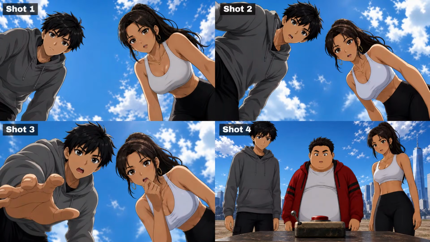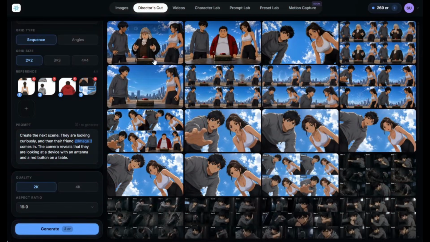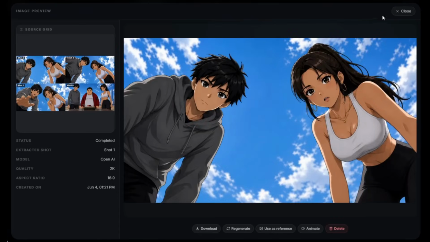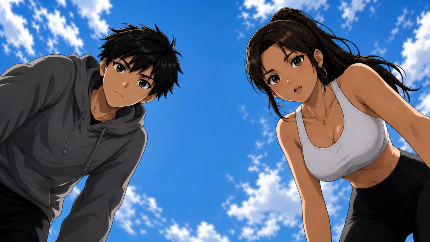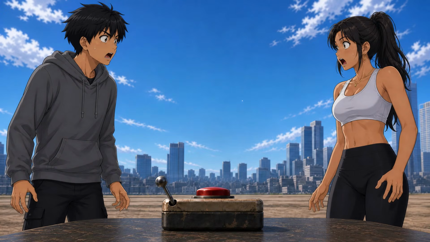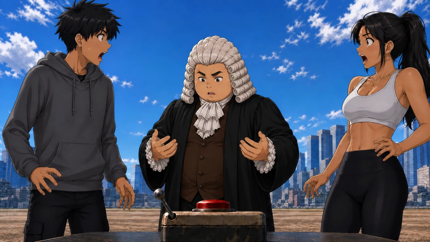Again, it looks fantastic. The characters remain consistent, and more importantly, the scene continuity is maintained, which makes the video generation process much easier later on. Once again, I simply extracted the shots I wanted to use. So this is basically how I created all of my images. And for this particular video, I only ended up using 4 images. These are the 4 images I used for the entire project.